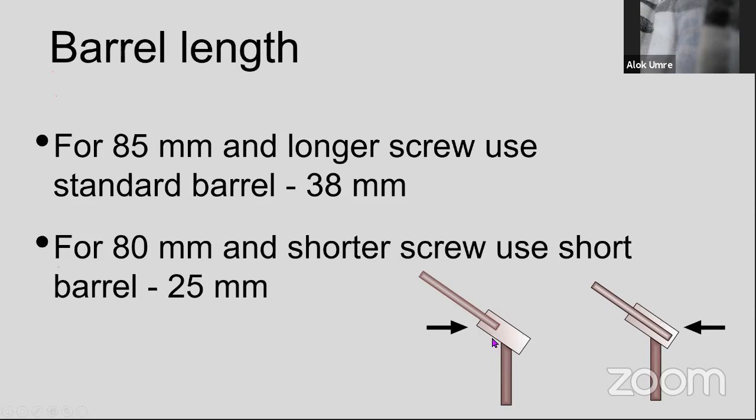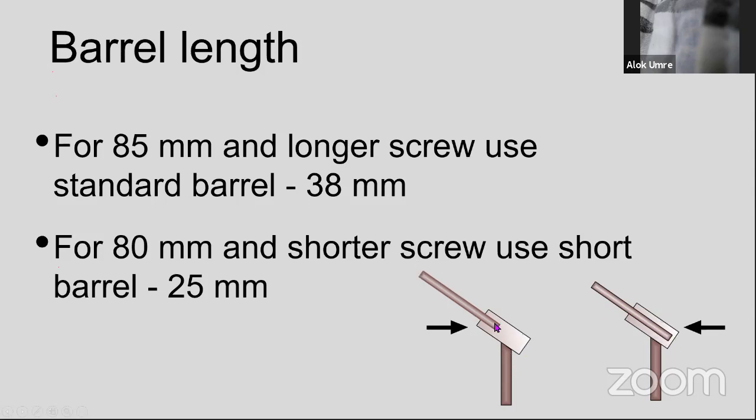Here is a diagram. The screw is jutting out very much here. There's hardly one third engaged in this way. So when there is loading, this will bend. There will be tremendous bending load, and because of the bending, this will jam here. It will not slide adequately. However, if the barrel is well contained here, then whatever the load here, there is still enough mechanical situation for it to slide here.